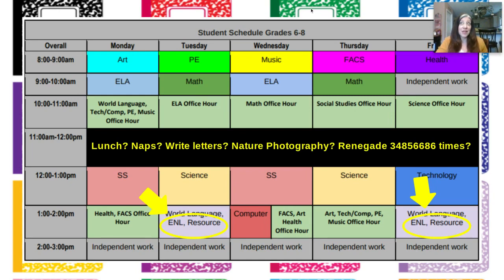All right, let's talk about next. Oh, there's that black line there. I forgot I put this in there for you. So that black line means nothing is scheduled at that time. You know, you might want to go to lunch.